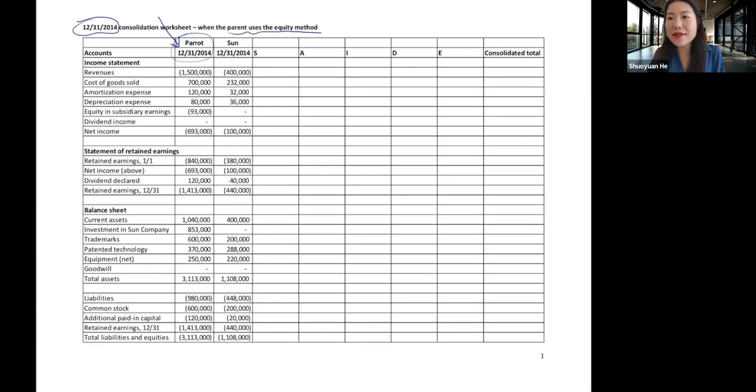So first, just as a review of what we did in last class. One thing you should pay attention to is the parent book, because the parent has been using the equity method. So this 93,000, do you still remember how we get this number? Yeah, that is 100,000, which is the subsidiary's current year income, minus 7,000, which is the amortization. So that will give you 93,000. And then the investment account,